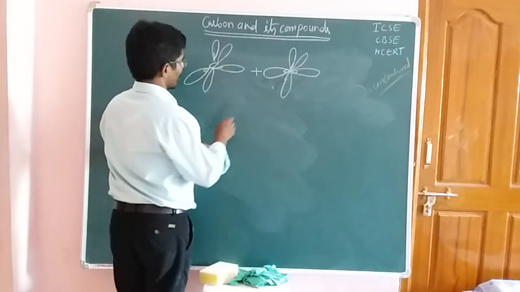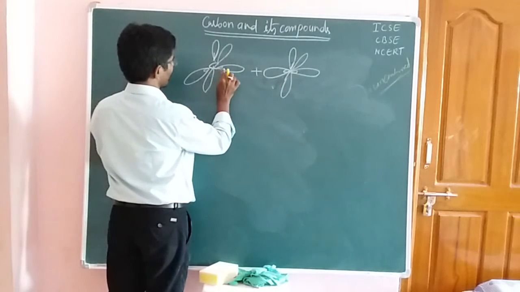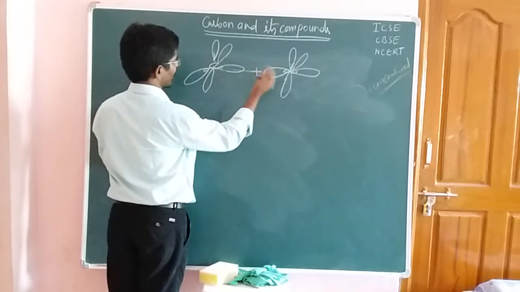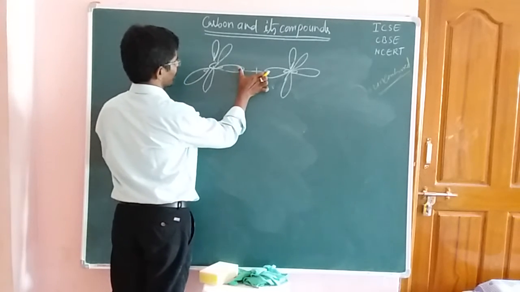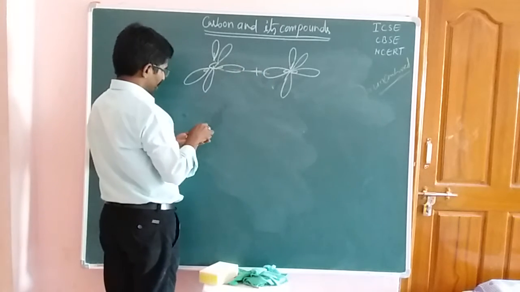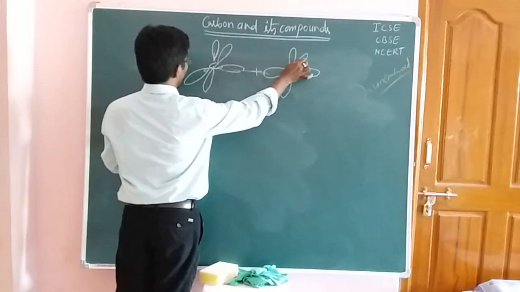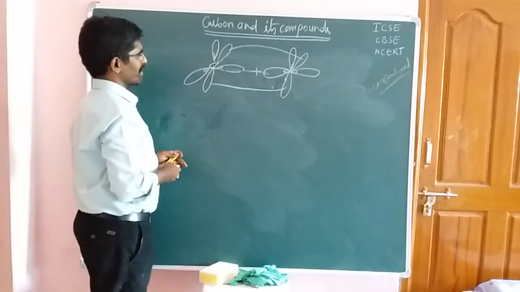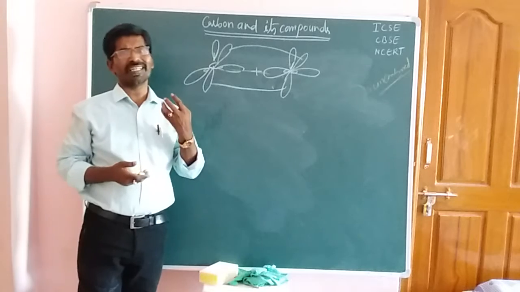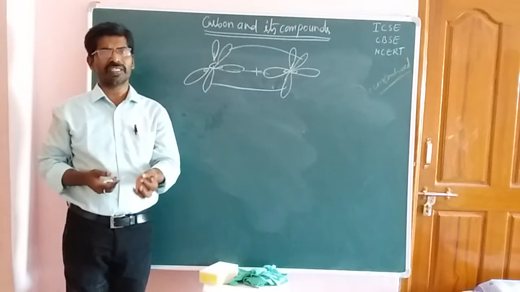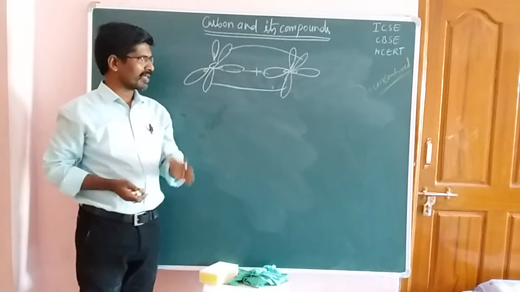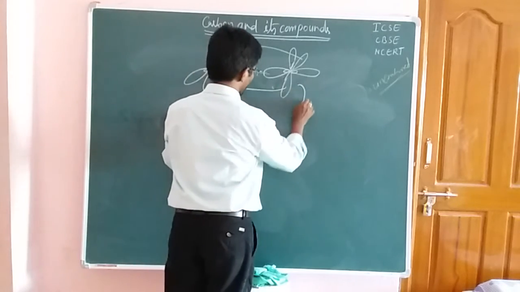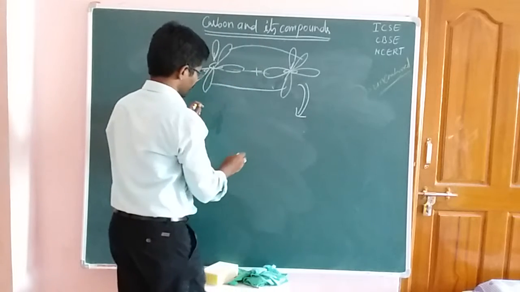First of all, in between two carbon atoms, it undergoes end-on overlapping, or head-on overlapping. After completion of the head-on overlapping, next the pure p orbitals overlap like this. This overlapping is called lateral overlapping, also known as sidewise or sideway overlapping. Then it can form the product. Now that is like this.